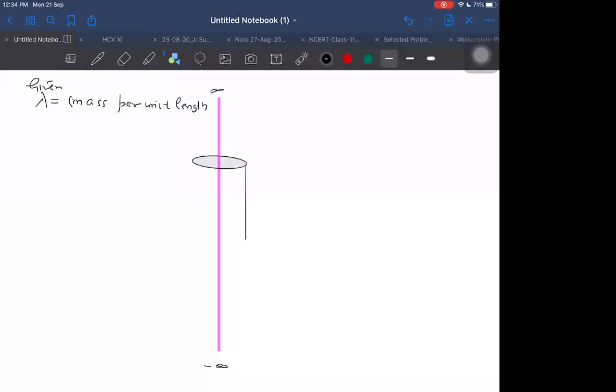Which kind of surface should I take? I should think about having some symmetry. Which surface is symmetrically enclosing it? I think a cylindrical surface is the one symmetrically enclosing it. I should take a symmetrical surface, cylindrically enclosed.